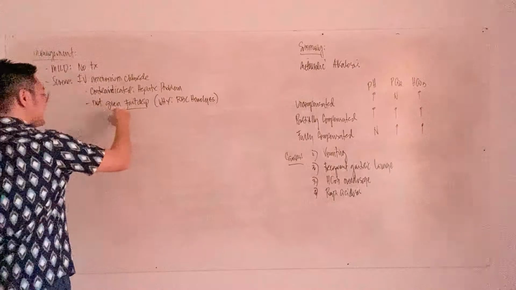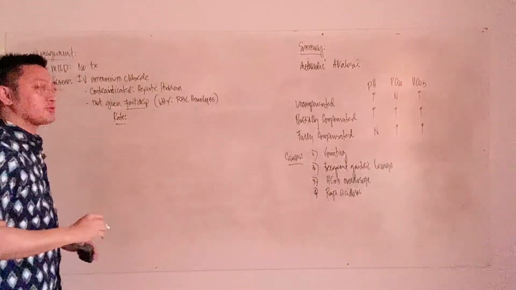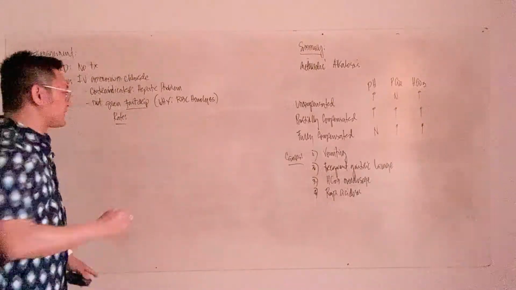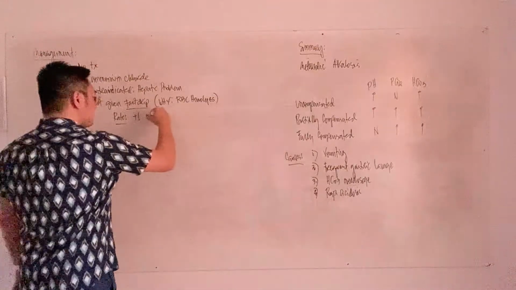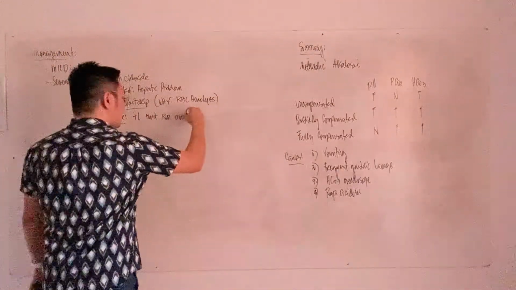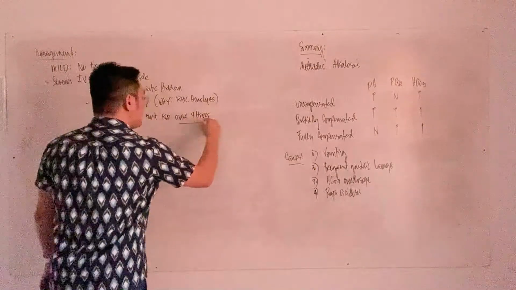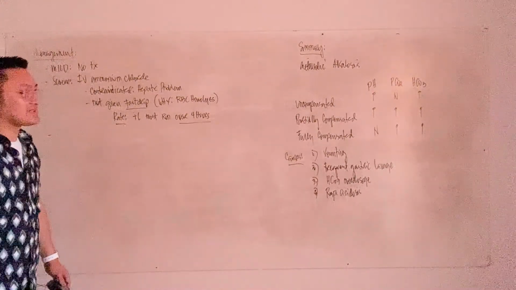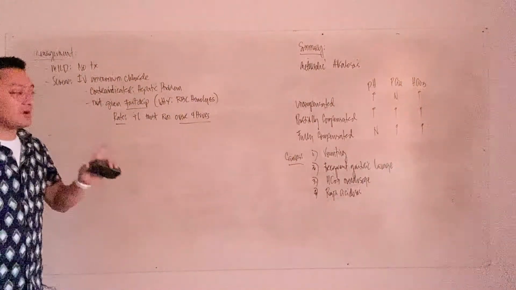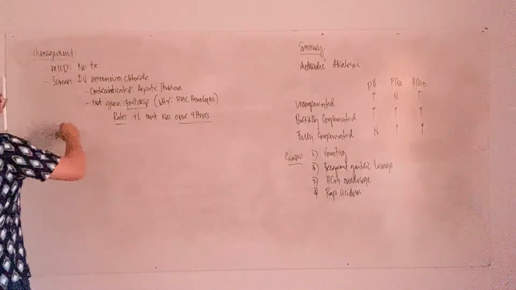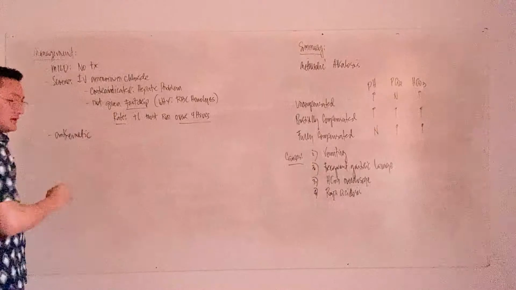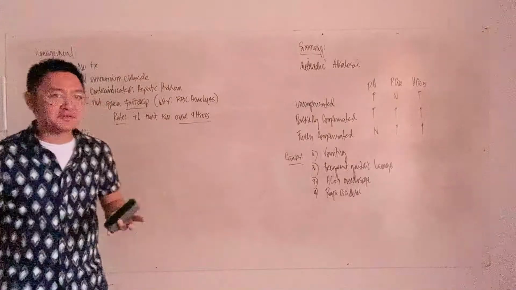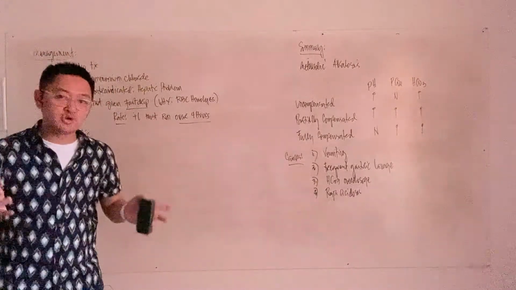So what do you think is the ideal rate of your IV ammonium chloride if you cannot fast drip the solution? 1 liter must run over 4 hours. Okay? 1 liter must run over 4 hours, not less than 4 hours. Next, you have to identify what causes metabolic alkalosis. If the type of metabolic alkalosis is vomiting, then we have to give antiemetic drugs. If you can still remember, you have your Zofran, your Ondansetron, you have your Compazine. Am I right? There's a lot of drugs that can control nausea and vomiting.